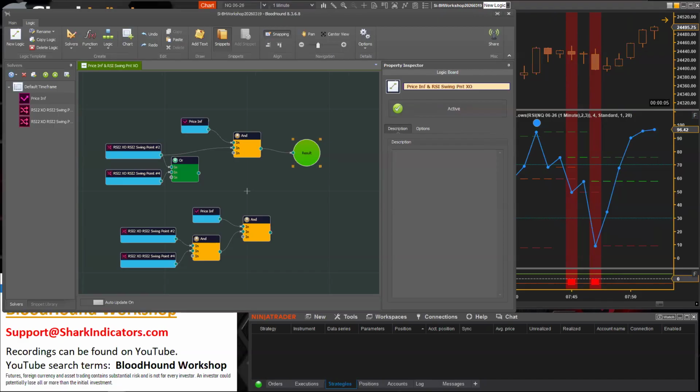There we go. All right, so this is just looking for a price reversal or inflection, really, and an RSI swing point crossover. So there we go.